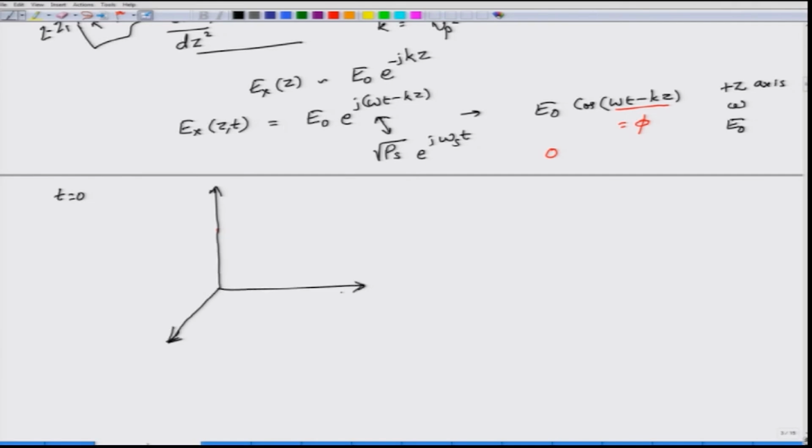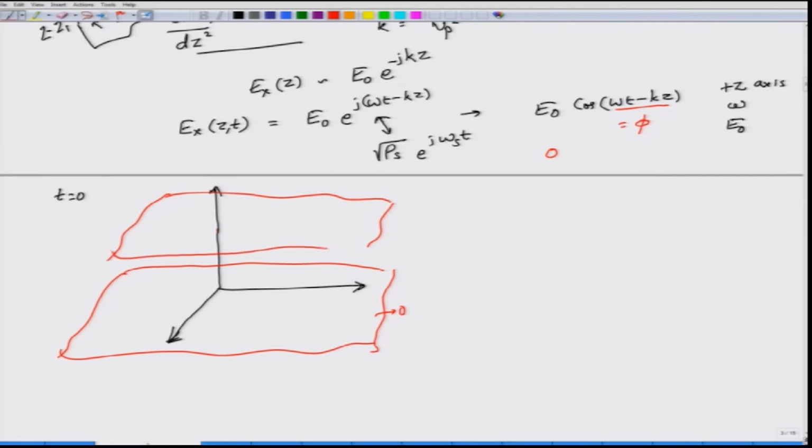This is your x, y and z axis. So the constant phase plane that we were looking for is this z equal to 0 plane. On this plane, for this wave, the phase will be equal to 0, right. Is this the only plane that we have? No, you will have one more plane at z equal to, when will this go to 0? Again when the argument goes to 2 pi, right. So at z equal to 2 pi by k. So at z equal to 0 and at z equal to 2 pi by k, you will have the constant